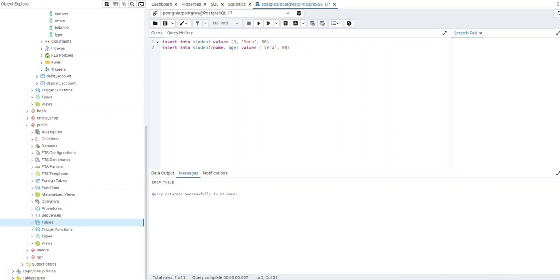So we can also delete a row, in this case, data manipulation language. So we can say delete from student where ID equals, let's say, 1, right? And when you run this, it's, let's say,